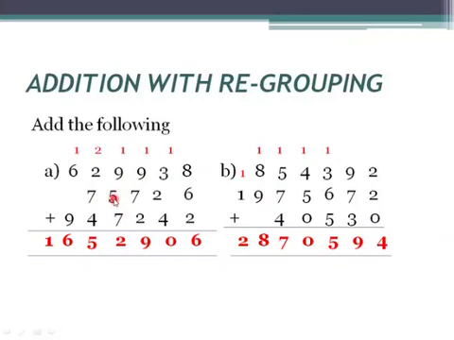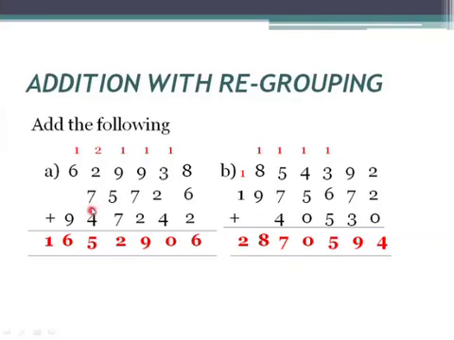So 7 plus 5. Now 7 plus 5, how much? 12. Okay, 12 plus 9. 12 plus 9, how much? You should calculate. 21. 12 plus 9 gives us 21 and again here 1 is there, which gives us 22. So here 2 we will write down and 2 we will carry up. So now again these 4 numbers you have to add.